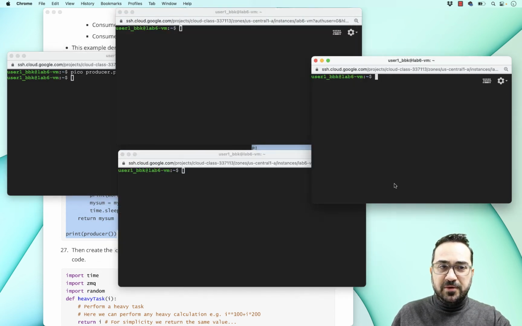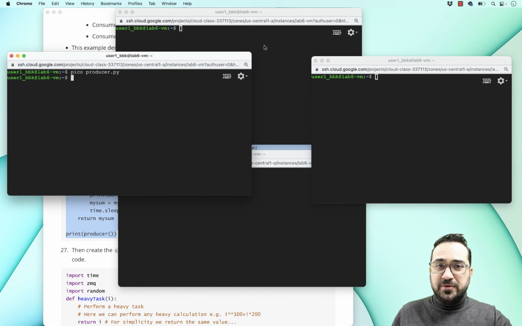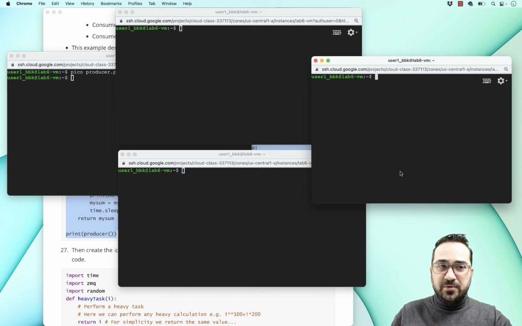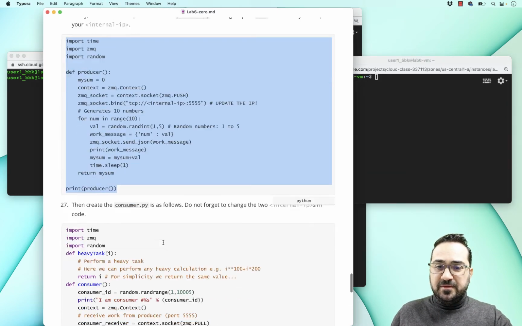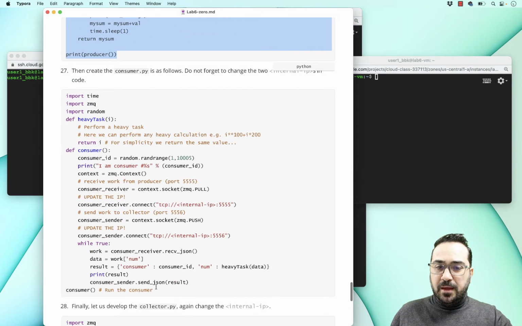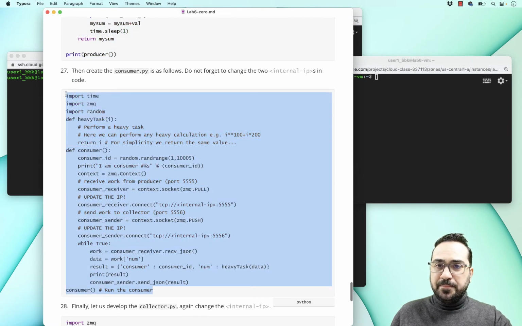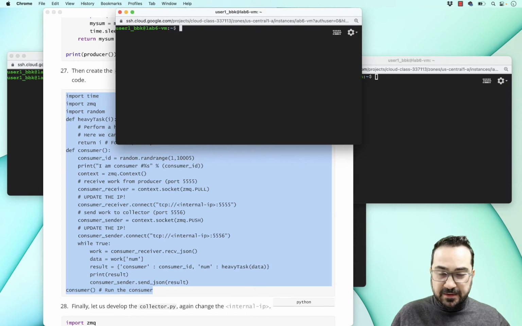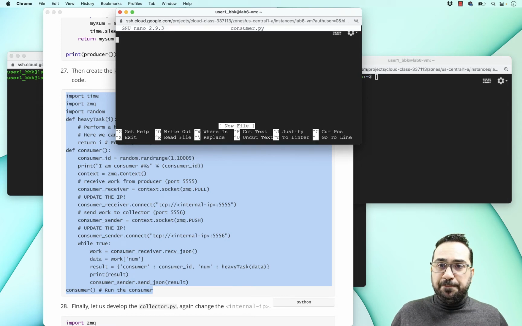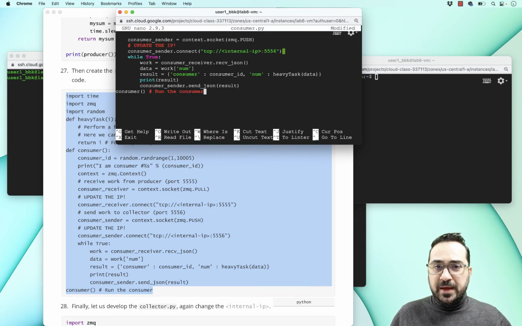Let's again reorganize the windows. Here I have my producer, here I will add my consumers, and here I will add my collector. Let me copy the consumer code and create consumer.py. Paste the code here, and again, make sure you adjust the internal IP address.